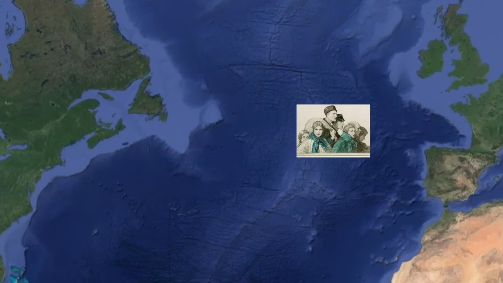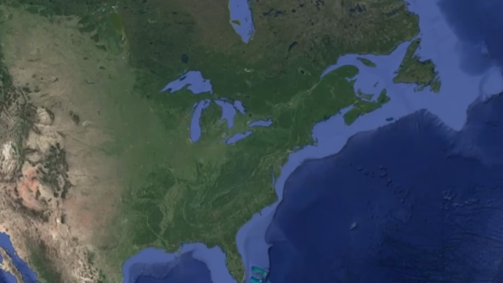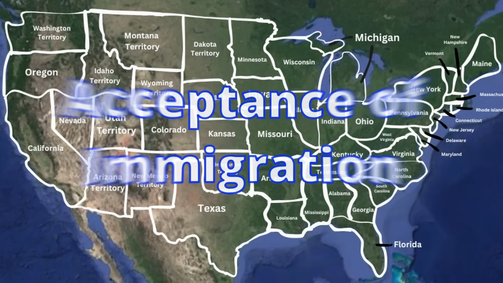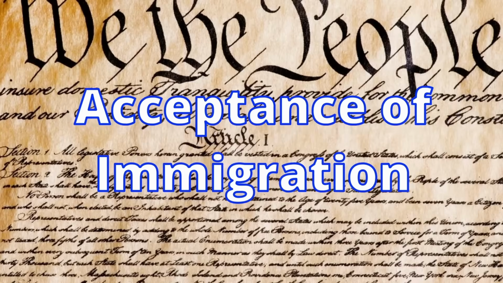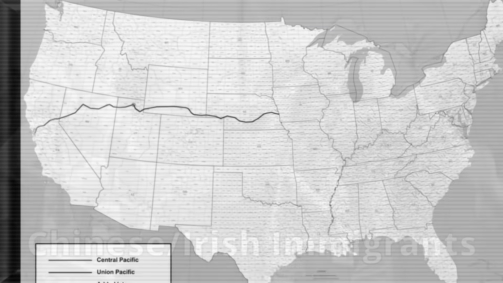I think it's fair to say that all the immigration coming into the United States during this Gilded Age was not that well received by American society. America has mostly always stood on the principle of the acceptance of any sort of immigration. At least, that's what they say on the surface. Behind the scenes, there was a lot of debates and quite a bit of governmental action as well, so let's give a few examples.